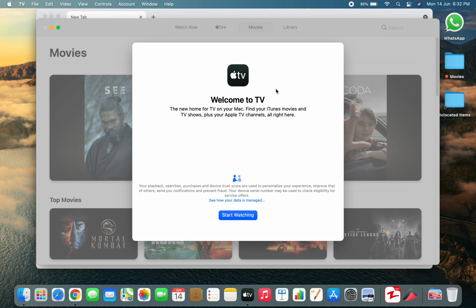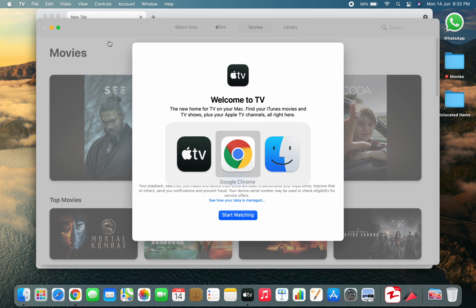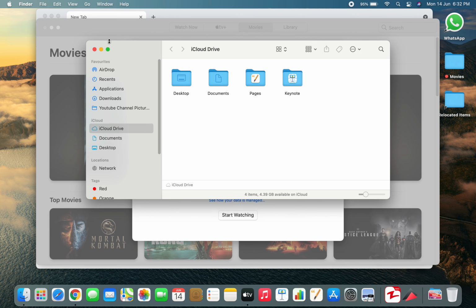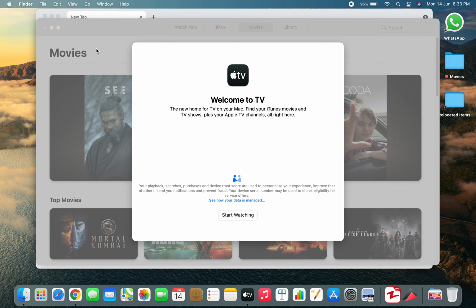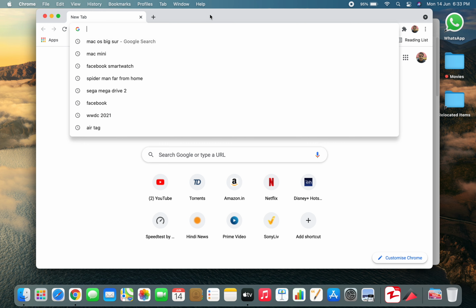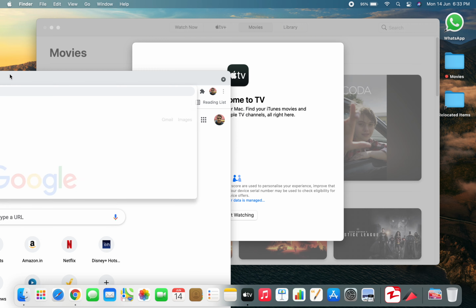Now I'm going to tell you one more method by which you can do that, and that is command plus up arrow. While I press command and up arrow, I will see all the options. Like that, I can select anything which is open right now. And this is a very cool method because while using the command key, you can actually do this. So once again I'm selecting this method. Command plus up arrow, I'll see everything. Let me show you one more time.